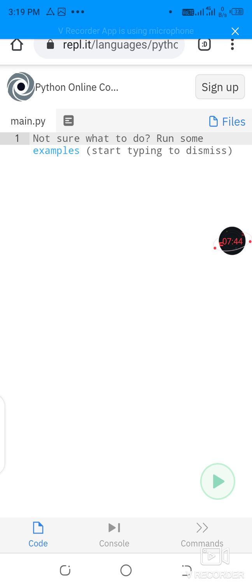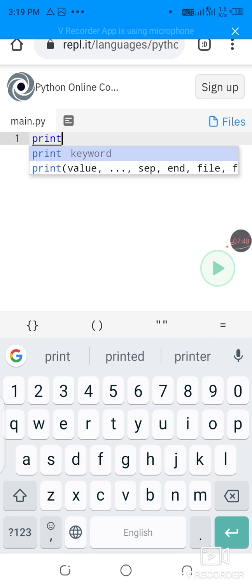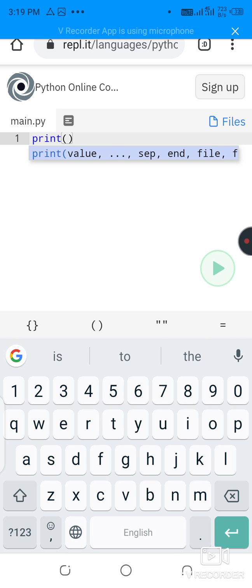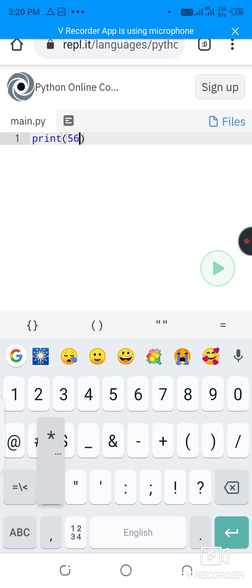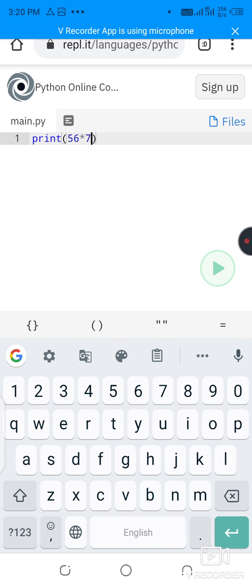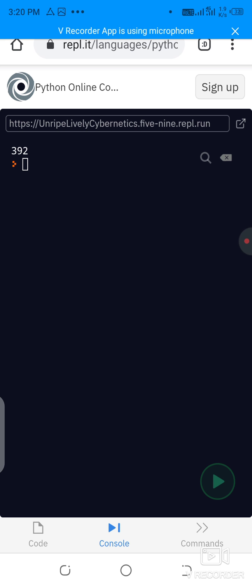So guys, in multiply we have to write print a and b, and 56, this multiply sign and 7, 56 into 7, and we have to run, and the answer is 392.